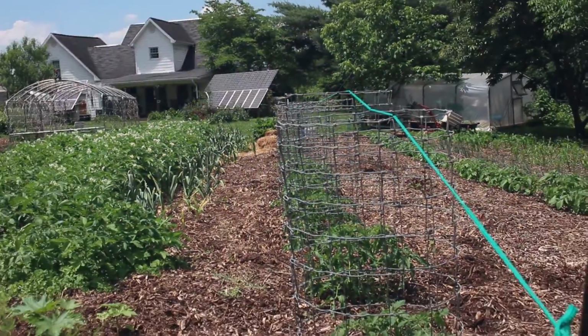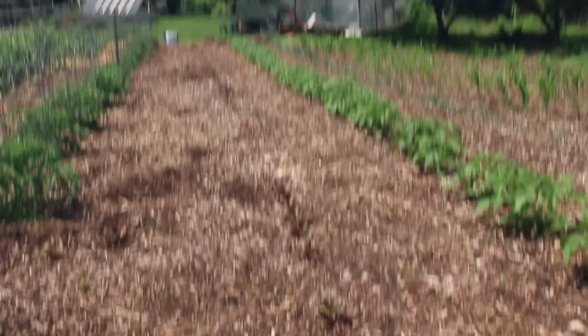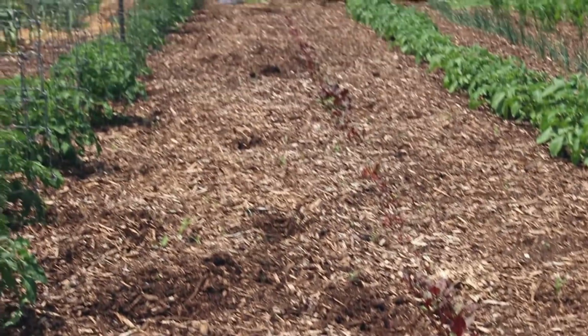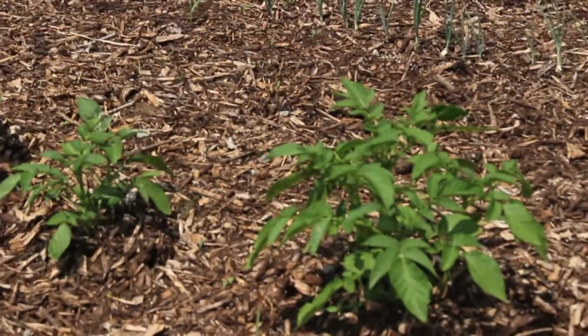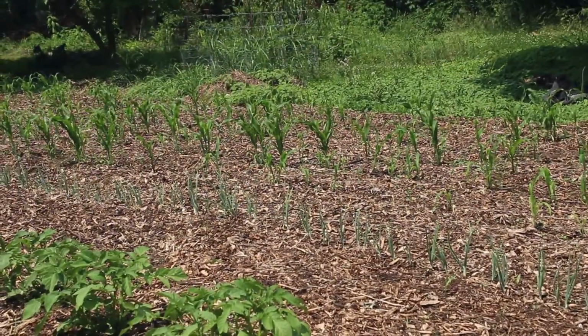Let me jump right on over here. And that's the beets that's coming on. I think them's Detroit, red Detroit dark red, or whatever they call them. Potatoes are doing all right. Onions, corn, and let's